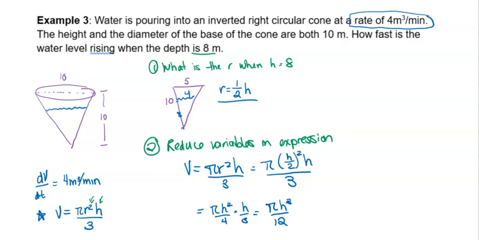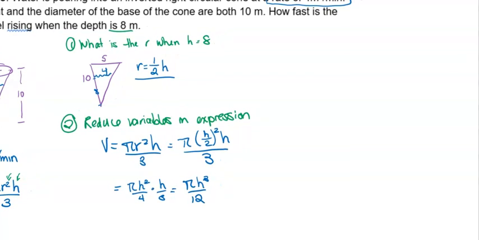Next, I'm just going to move over and get a bit more room. Now that I have that, I'm going to take the derivative with respect to time. So the derivative of the volume with respect to time